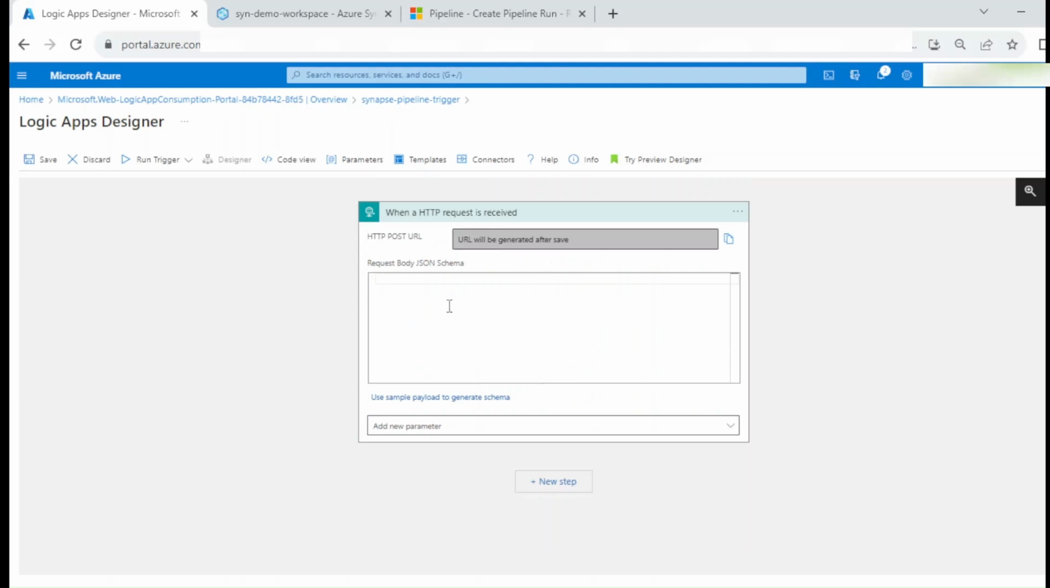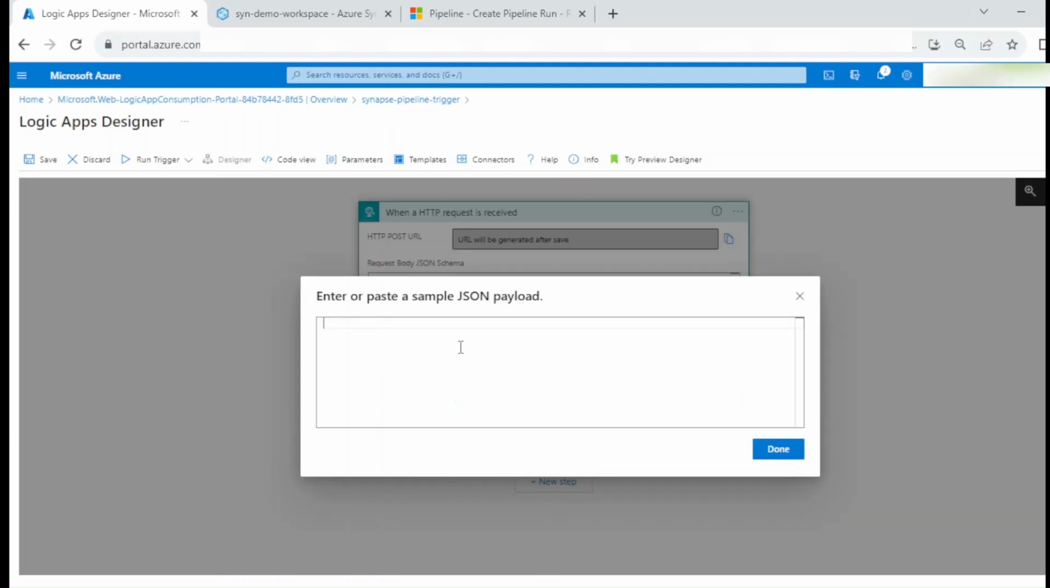First, we have to generate our JSON schema. For that, we have to provide the payload. You can see this is the place where you can define your own schema for the request that you are going to make to this logic app. As we have already seen, we have two parameters that we will be needing to call any pipeline in any workspace. That would be the